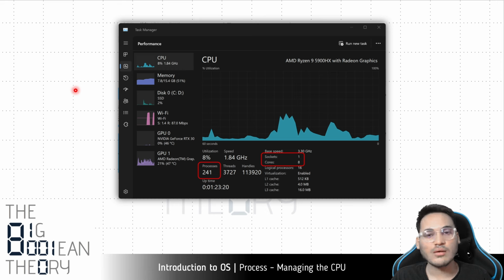To give you an example, if you are using the Windows operating system, you can open the task manager, and within the task manager, if you go to the performance tab, you can check the CPU usage, and there you will also find the number of computer applications or programs that are running in your system. At the time I took this screenshot, there were 241 programs running in my computer system, right? If you see this term processes, a process is a running program,